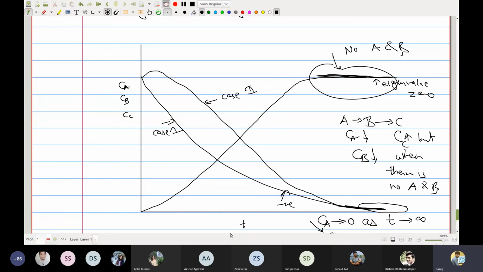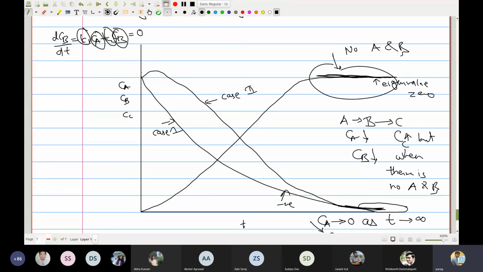It depends upon the initial concentration as well. And why does it depend upon the initial concentration? For the simple fact that dCb/dt equals K1 Ca minus K2 Cb, and when it becomes maxima, this becomes 0, which means it not only depends upon K1 and K2, it also depends upon Ca and Cb. In the cases which you have seen in textbooks like Levenspiel, they are always true because they assume that Cb is 0.